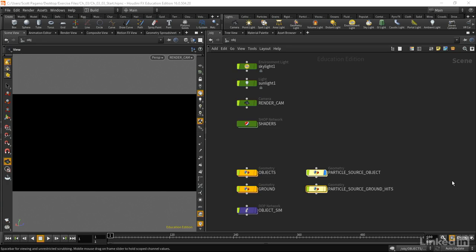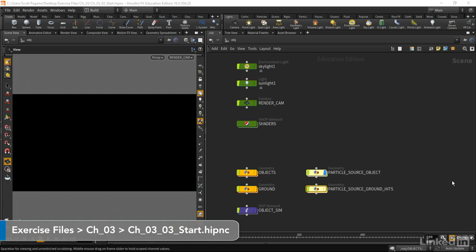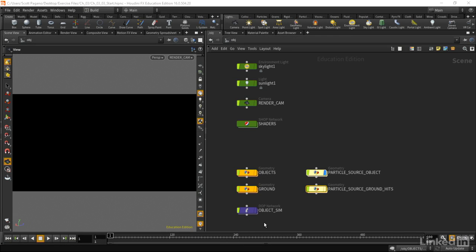All right, now we're going to actually start creating our particle simulation. So first off, you notice that we already have a simulation node in the scene. We have this object sim, and this is the simulation that we use to actually create the object destroying. So we're going to use the same shelf node up here, particles, source particle